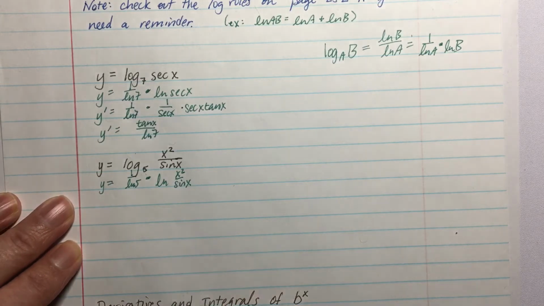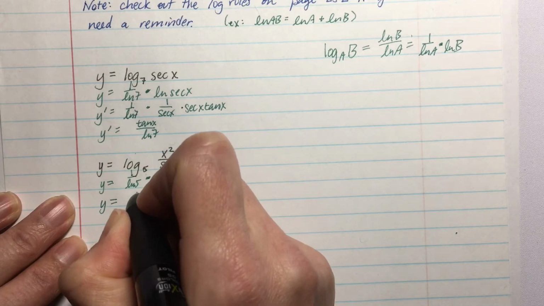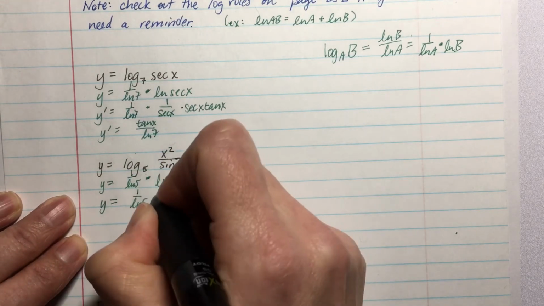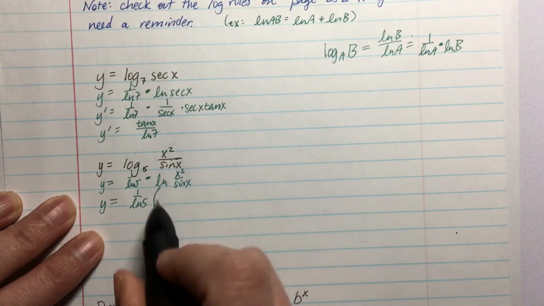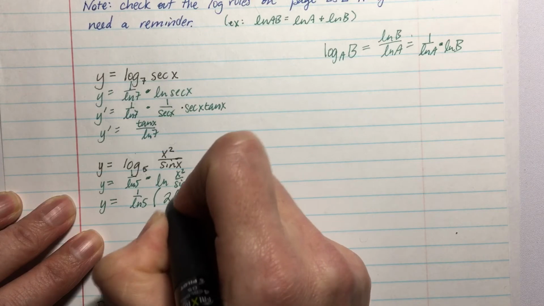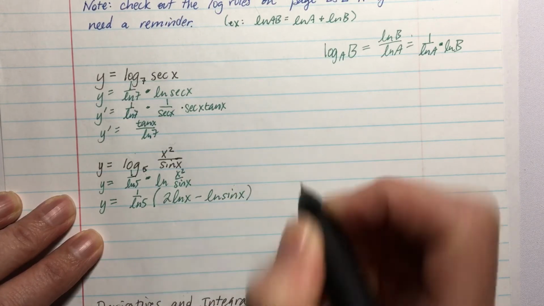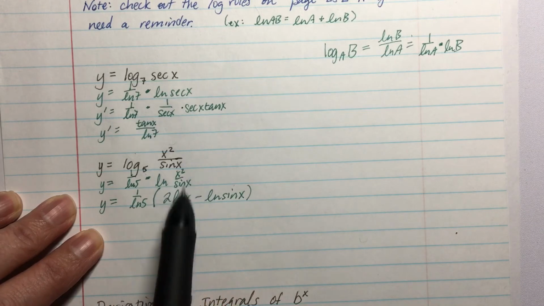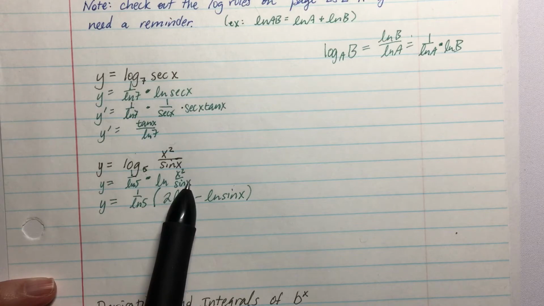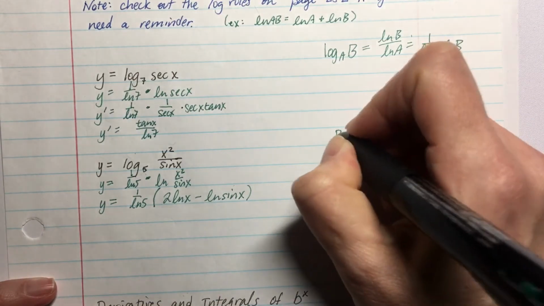You know what I can do instead? I can be kind of clever and be all, hey, check me out. I have log rules. So I have this 1 over natural log 5, and then parentheses, be careful with that, because that 1 over natural log 5 is going to hit all of it: 2 natural log x minus natural log sine x. Remember that natural log x squared, you can move that exponent down as a multiplier, and division becomes a subtraction. If you consider PEMDAS,